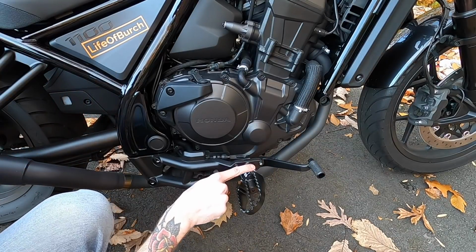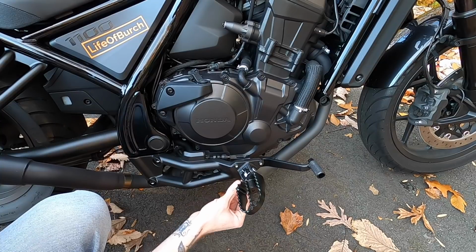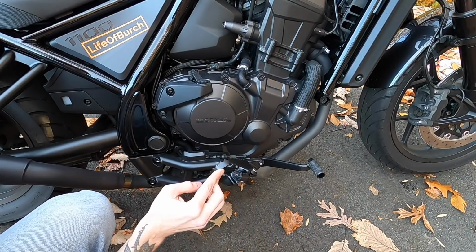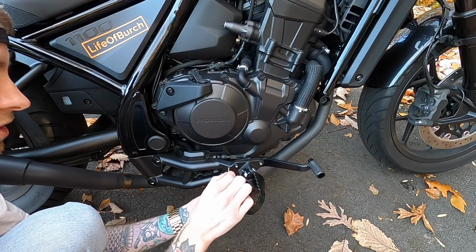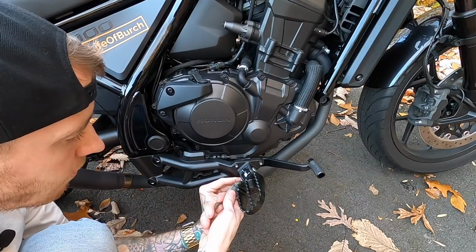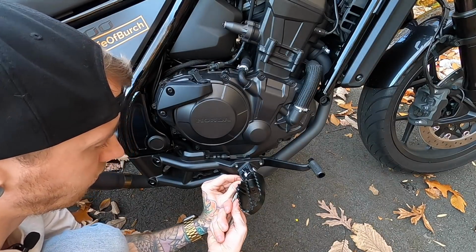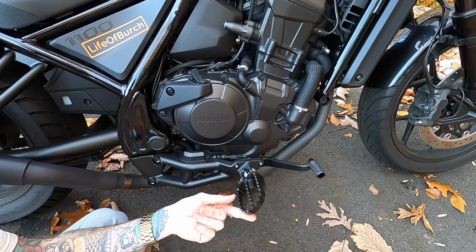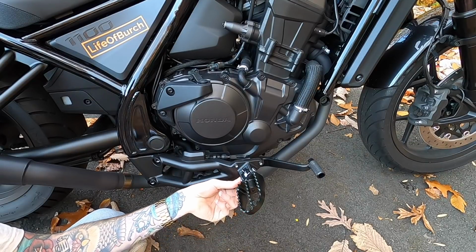Now once that pin's through, before you put the washer and the cotter pin on, it's probably a good idea to make sure everything functions as it's supposed to. It's going up and down just fine, so we're good to go. Washer, cotter pin. So now that it's on and we know that it's working properly, got the cotter pin secured and all that,